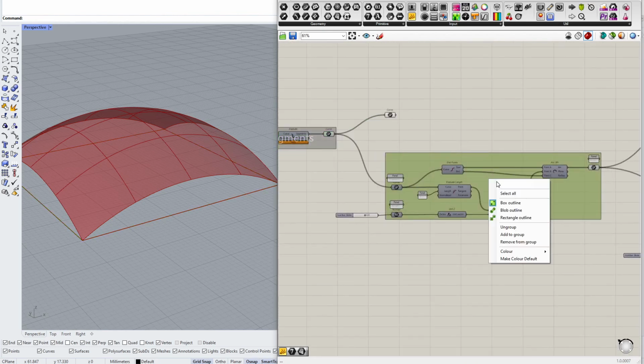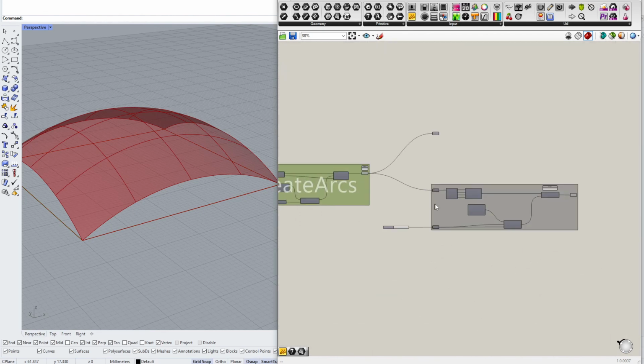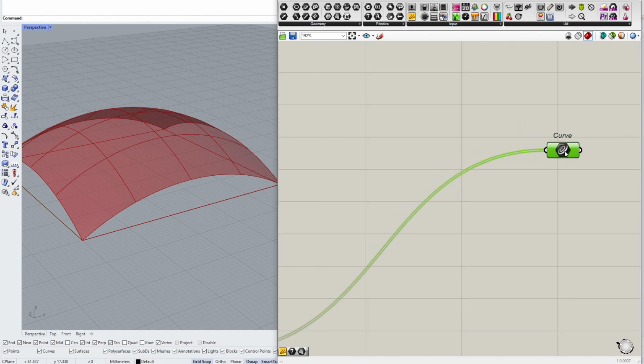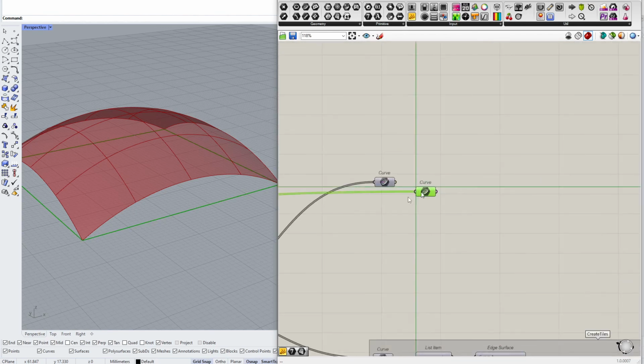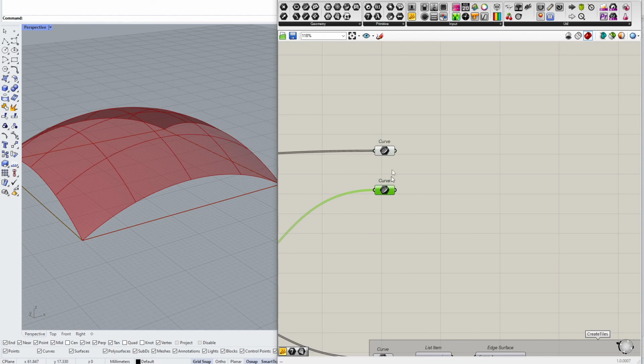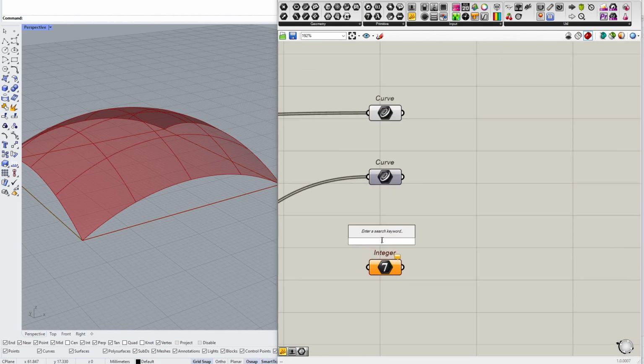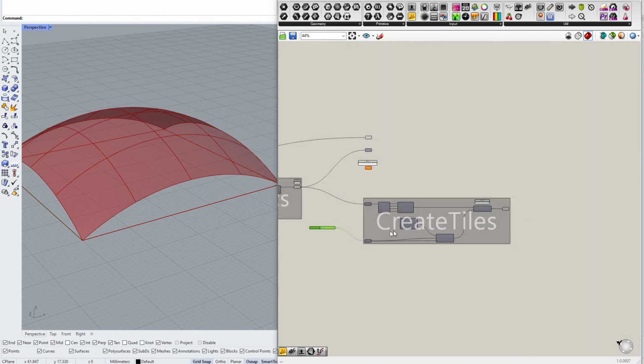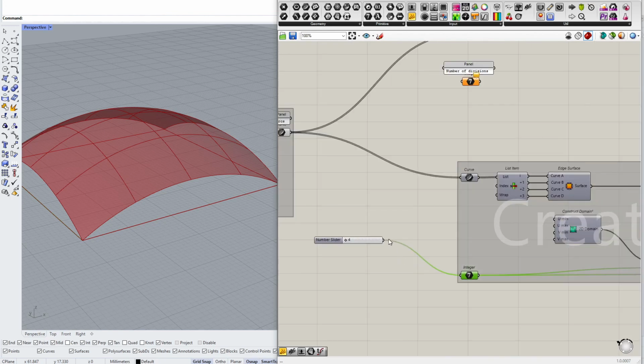Get base segments. Okay. We have the arcs and the straight segments. And we need the number of divisions, which is exactly the same as this number of divisions